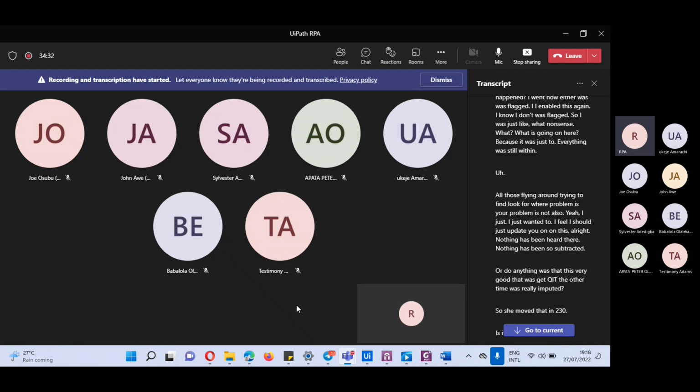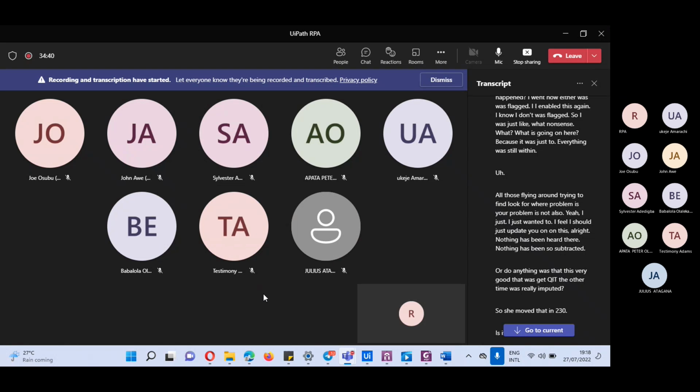Now these guys are very busy, seriously busy, but they just have to be here. All right, so now they will take us through the orchestrator.